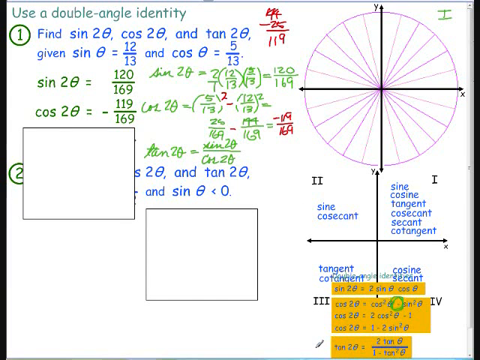So actually, I think I rarely will be using this one. I could, because I can figure out what tangent of theta is. I know this is my y, 12, and this is my x, 5, so my tangent of theta has to be